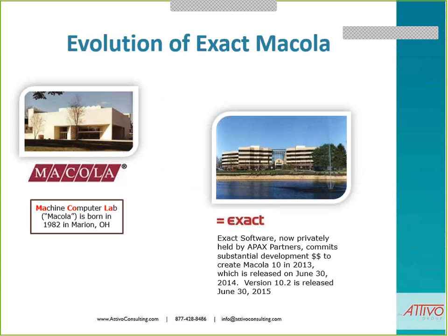So a little bit about Exact Macola. You're probably wondering, what is up with Macola? We keep hearing things in the news, but perhaps many of you remember that Macola as a software goes all the way back to 1982. That's like 43 years of ERP experience. That's the original building in Marion, Ohio. And I don't know if anyone knew this, but Macola came from the original name, Machine Computer Lab, and that's what it stands for. Fast forward to 2015,